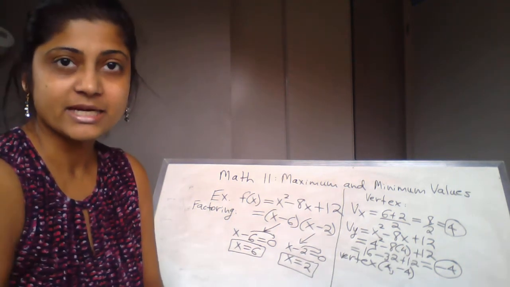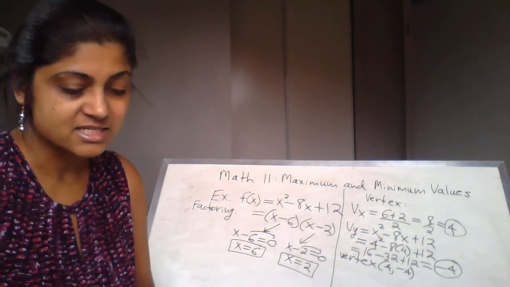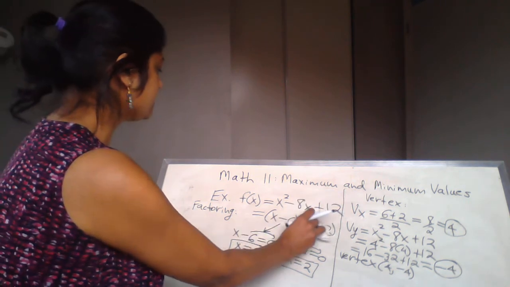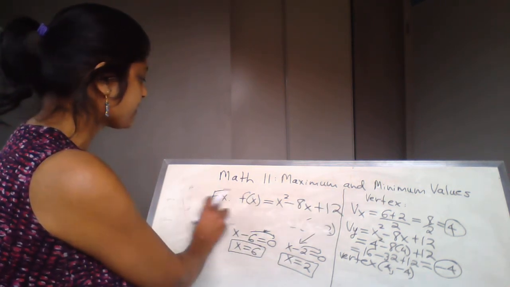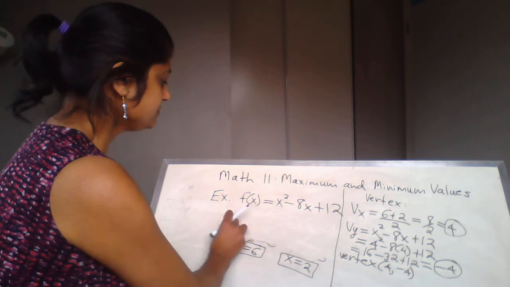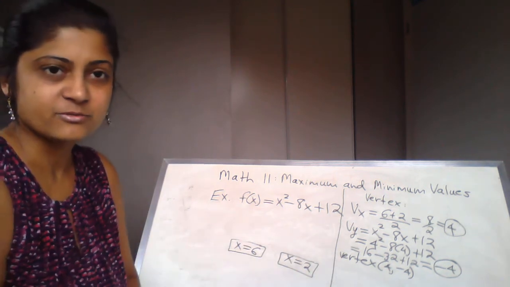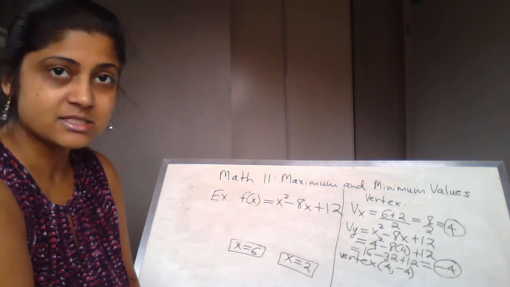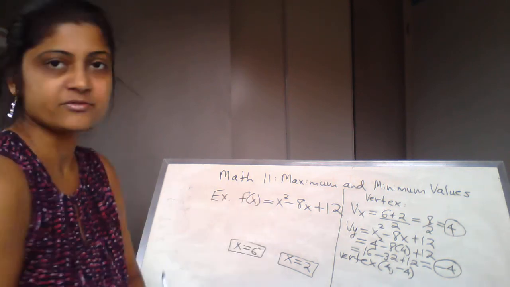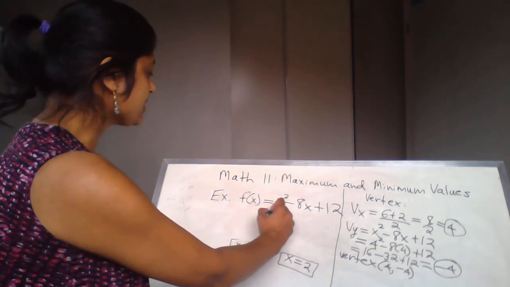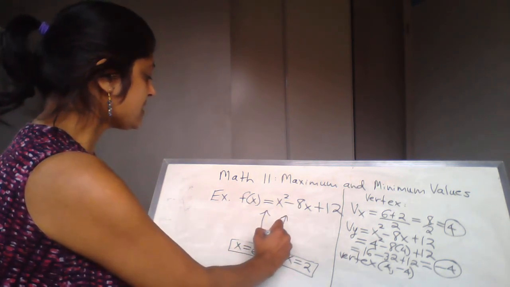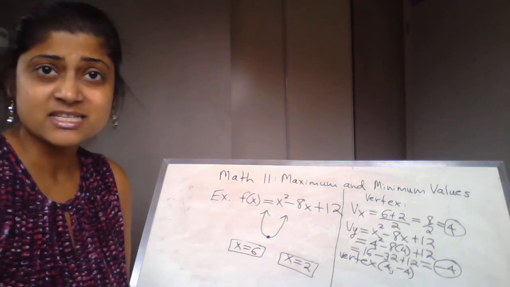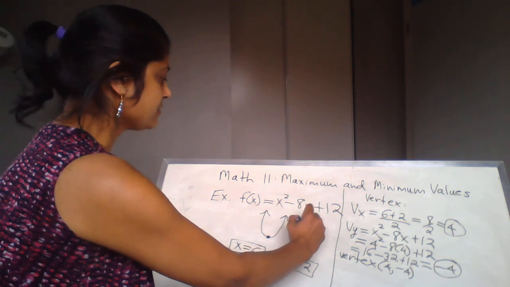All right, so again, the question was asking whether or not this is a maximum or a minimum value. So we're doing the factoring method. Let's keep the x-intercepts there so everyone can see them. After I factored it, I noticed that there's no negative sign in front of the x squared, so I know that the parabola is opening upwards. Every time it's opening upwards, you see a small dip, and this dip basically means it's a minimum. So I'm going to put minimum